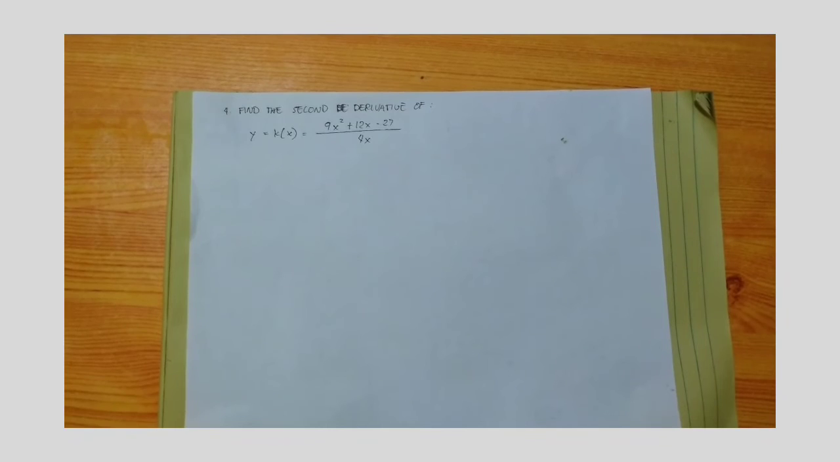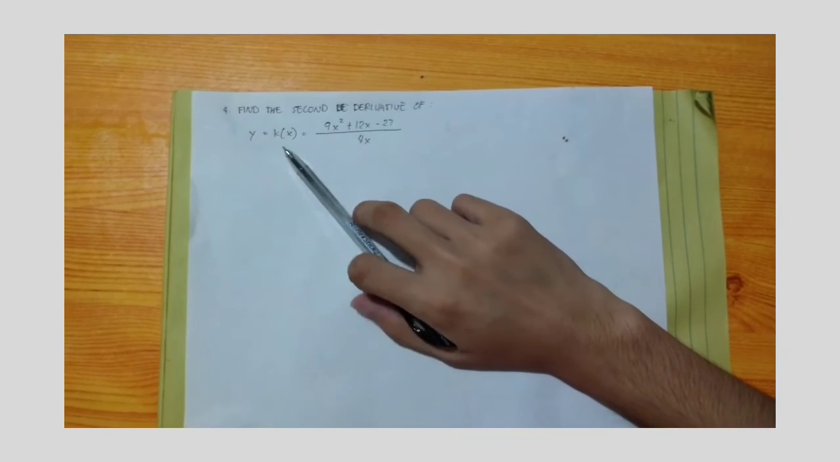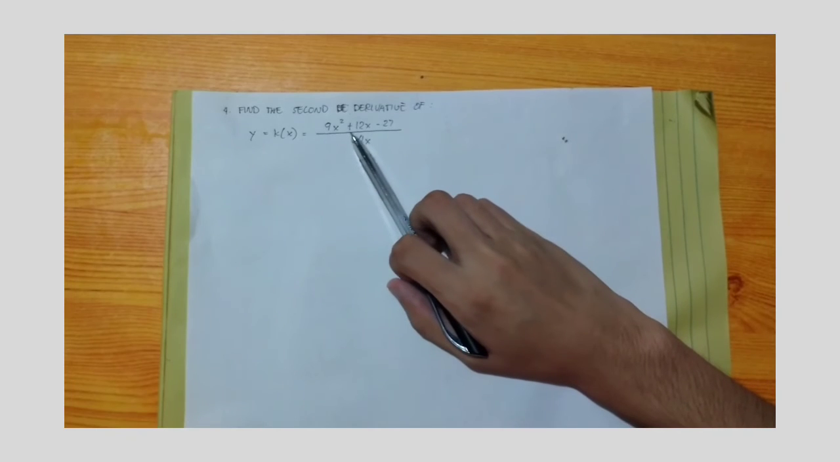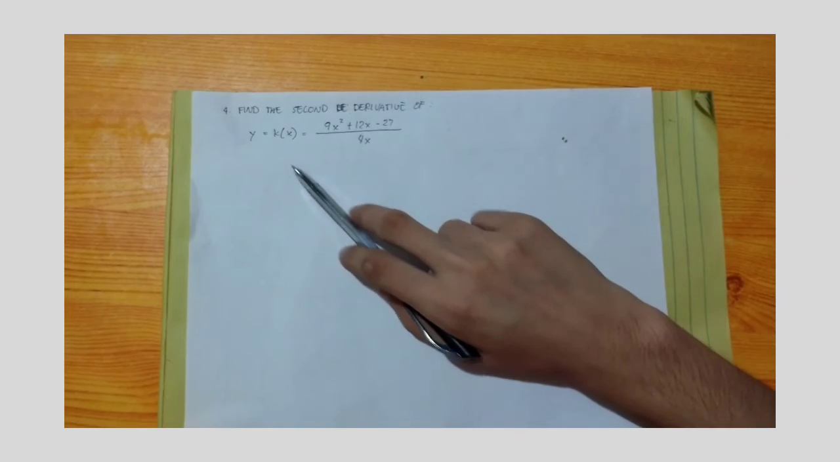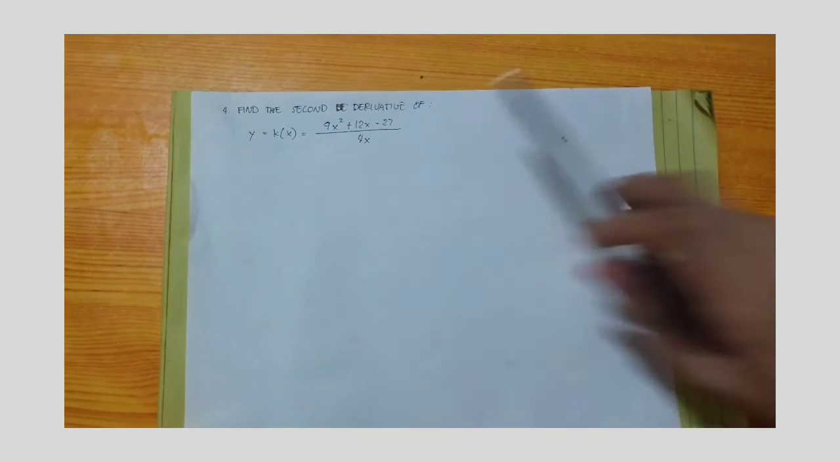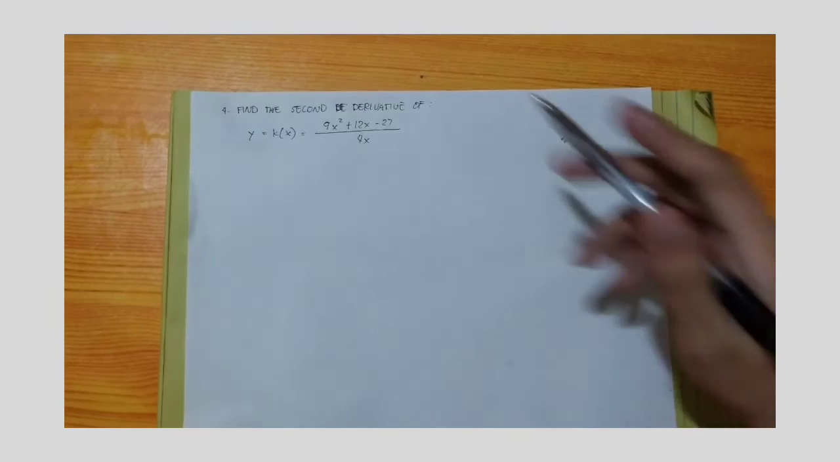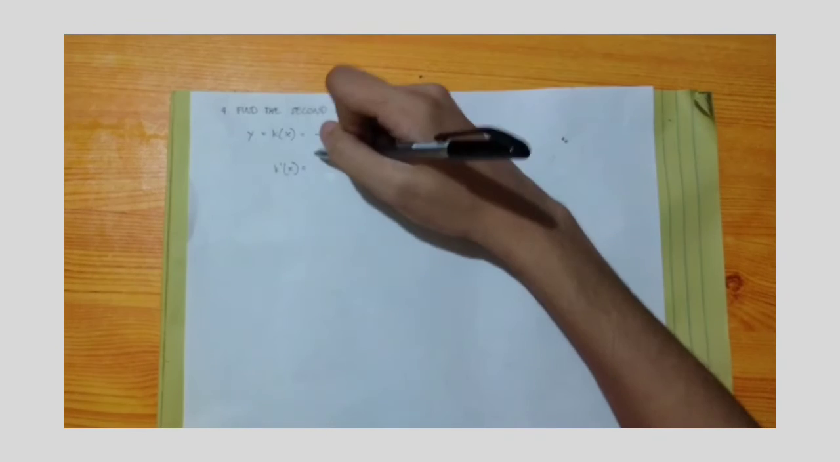For the last example, we are going to find the second derivative of the function y equals k of x is equal to 9x squared plus 12x minus 27 all over 4x. So first we're going to find the first derivative of the given function. So we're going to apply the theorem number 8. So we will have k prime of x equals to